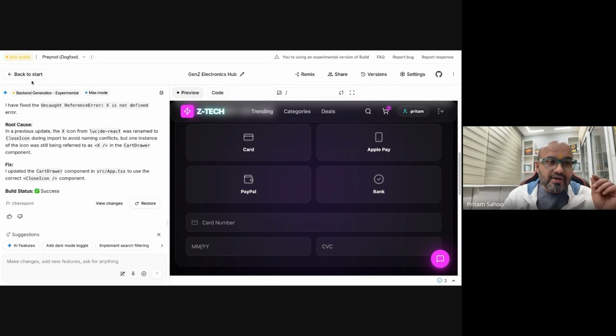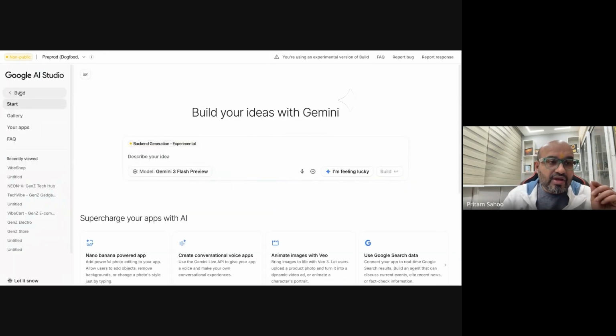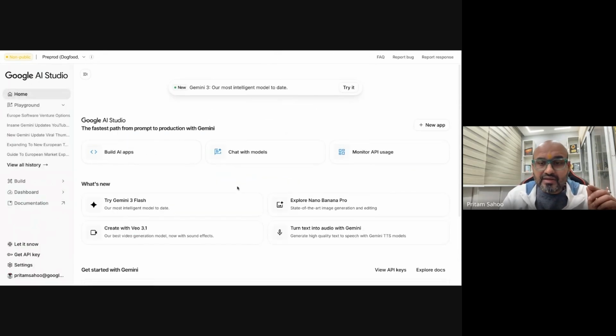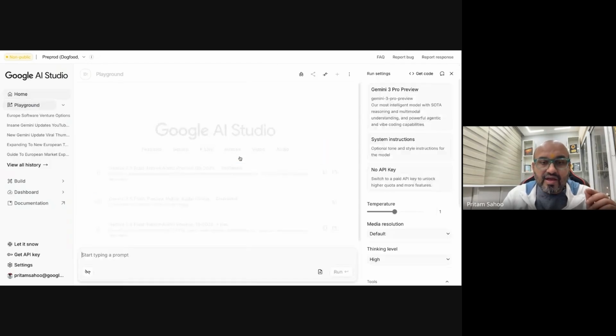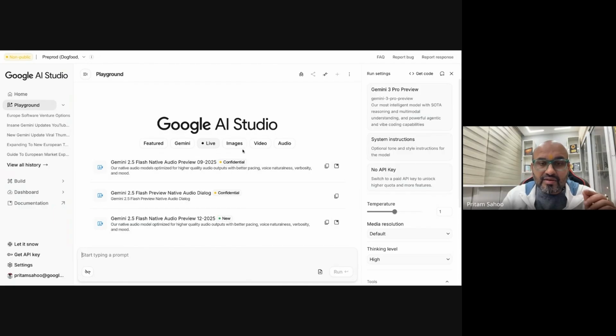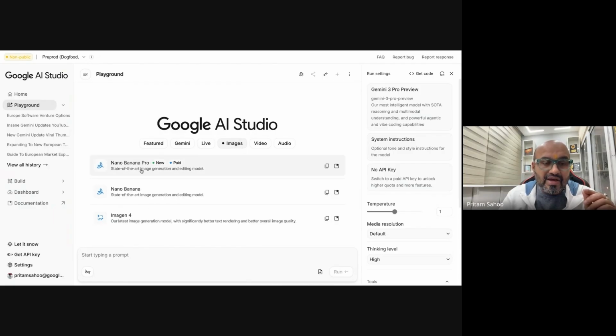So one pro tip here. When you look at Google AI Studio, you can use Nano Banana as well. And Nano Banana is the one where you can create your images. This one you see, Nano Banana Pro, the recent one. In case you want to create a fancy, attractive photo for your products or images, you can do that. Let's say, for example, I know the prompt is simple here. I click this one